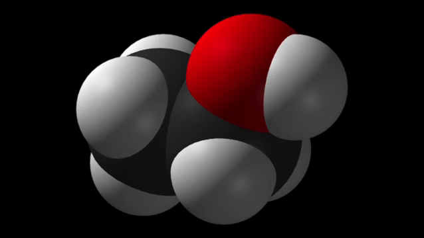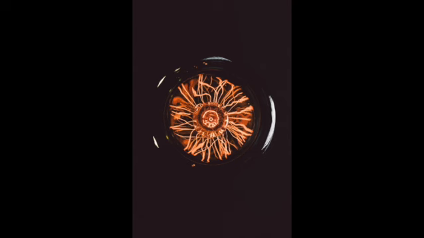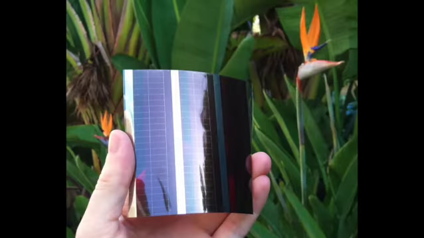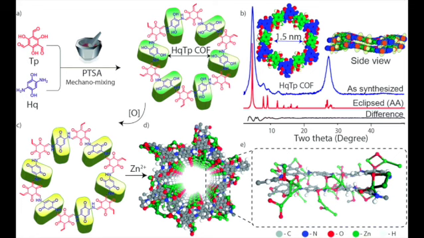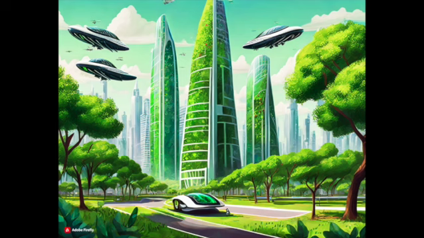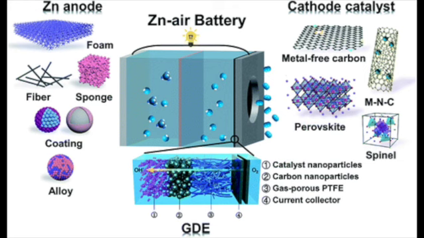Just like natural photosynthesis, artificial photosynthesis also produces oxygen, O2, as a byproduct of water splitting. This oxygen can be utilized for various industrial applications or even for life support systems in closed environments. Fertilizers. Artificial photosynthesis can produce ammonia, NH3, by reducing nitrogen from the atmosphere, which is a key component in fertilizers